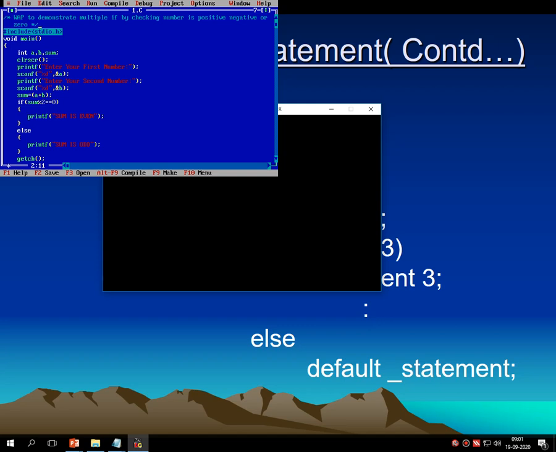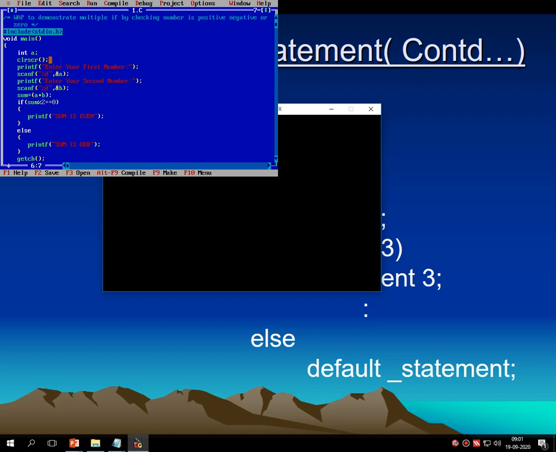Here I have to enter one number and then there are 3 checkings. If that number is positive, it prints positive and the program gets terminated. If the number is not positive, then it checks for negative. If the number is negative, the second condition is true, then it prints negative and the program gets terminated. Condition number 3 checks if the number is 0. If the number is 0, then it prints 0 and terminates the code. So there are multiple conditions, and whenever multiple conditions come, we need to go for multiple if else statement. So let's modify the code.